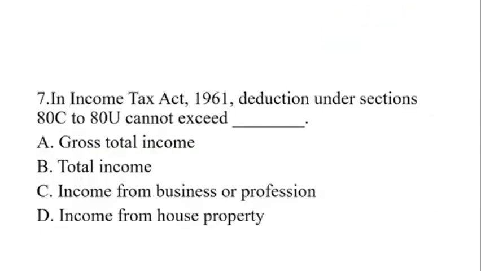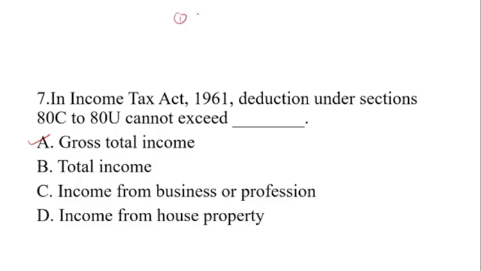Now question number 7. In the Income Tax Act 1961, deduction under section 80C to 80U cannot exceed what? Option A, gross total income. Option B, total income. Option C, income from business and profession. Option D, income from house property. So what will be the answer? Yes, option A is the correct answer, because as I said in the last video lecture,